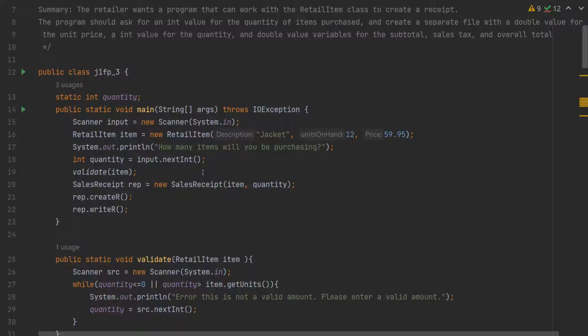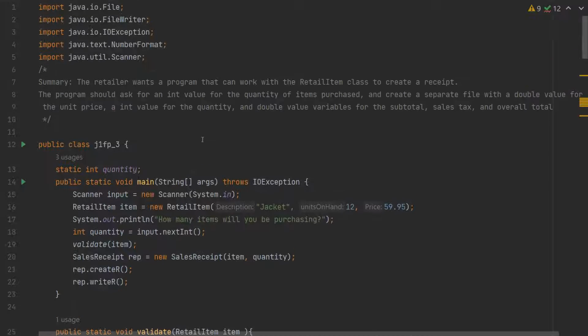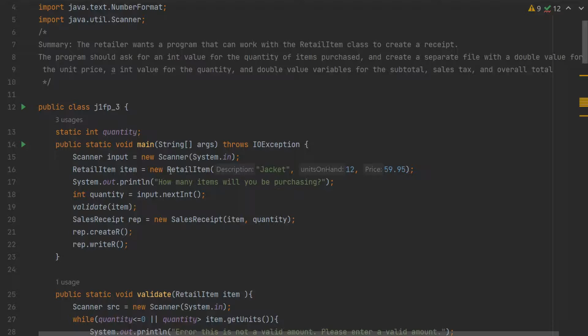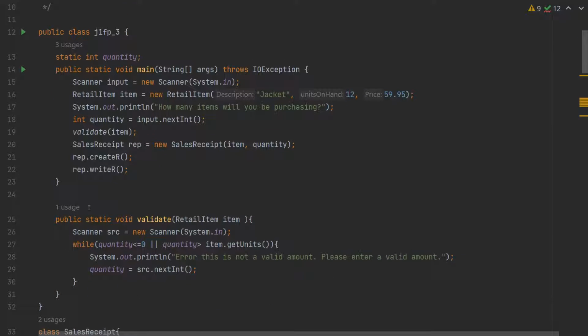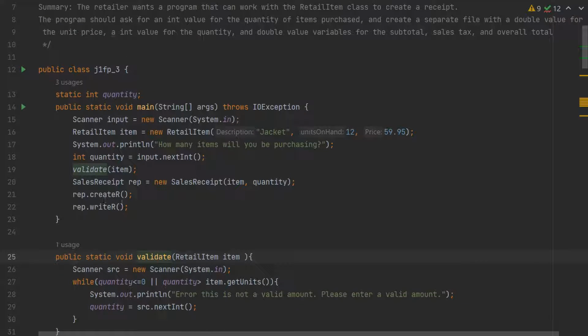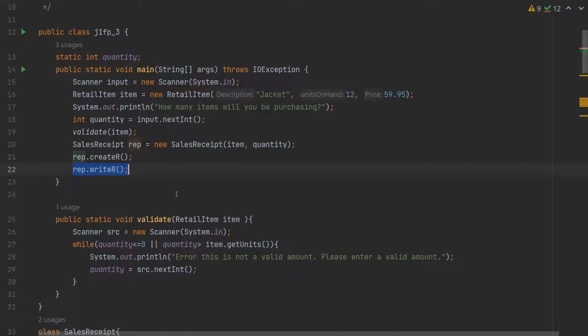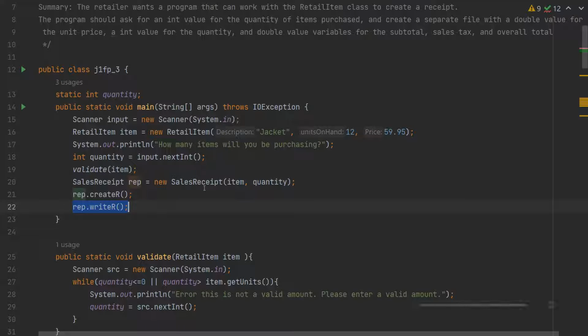And now up to the main here. Oh, whoops, that's the wrong one. Create a scanner object, add the retail item that we've been using. Now ask how many the user is purchasing. Same validate method here that was used in the last one. And then we create a new sales receipt object. I create the receipt, and then I call the write method. And so now if I run this program,